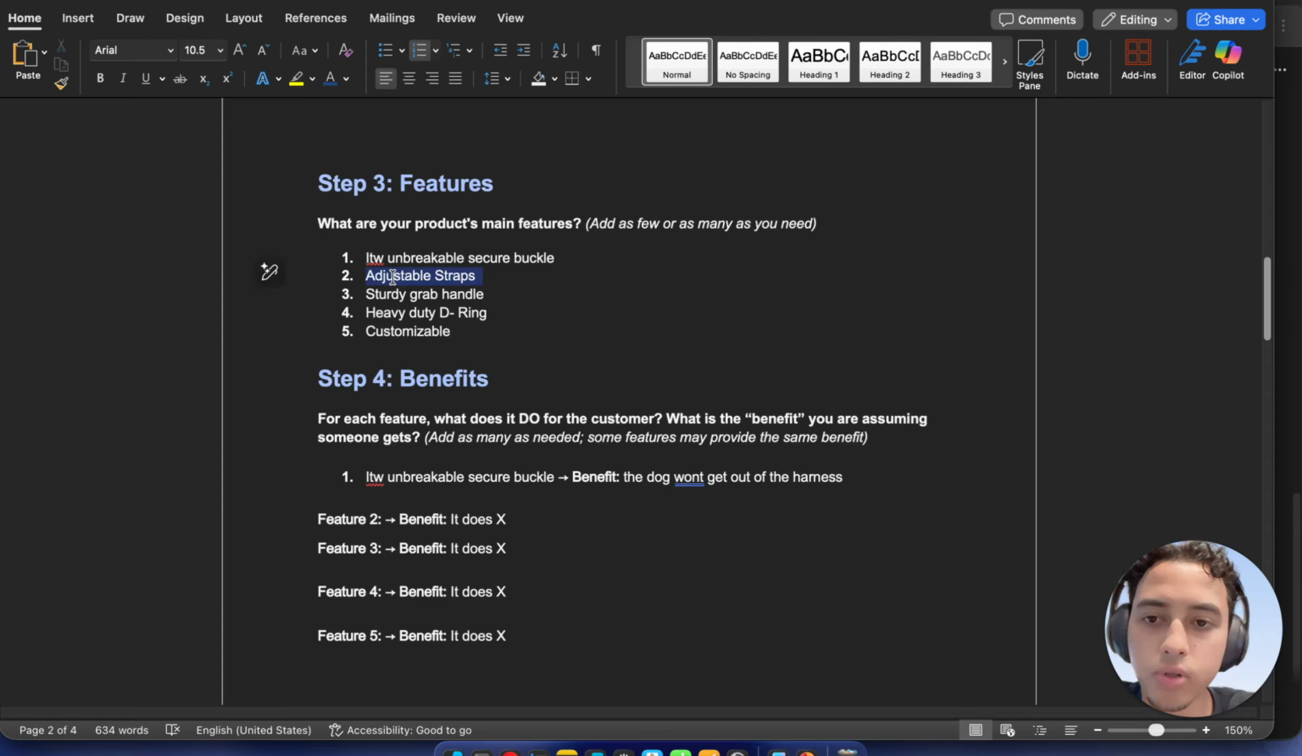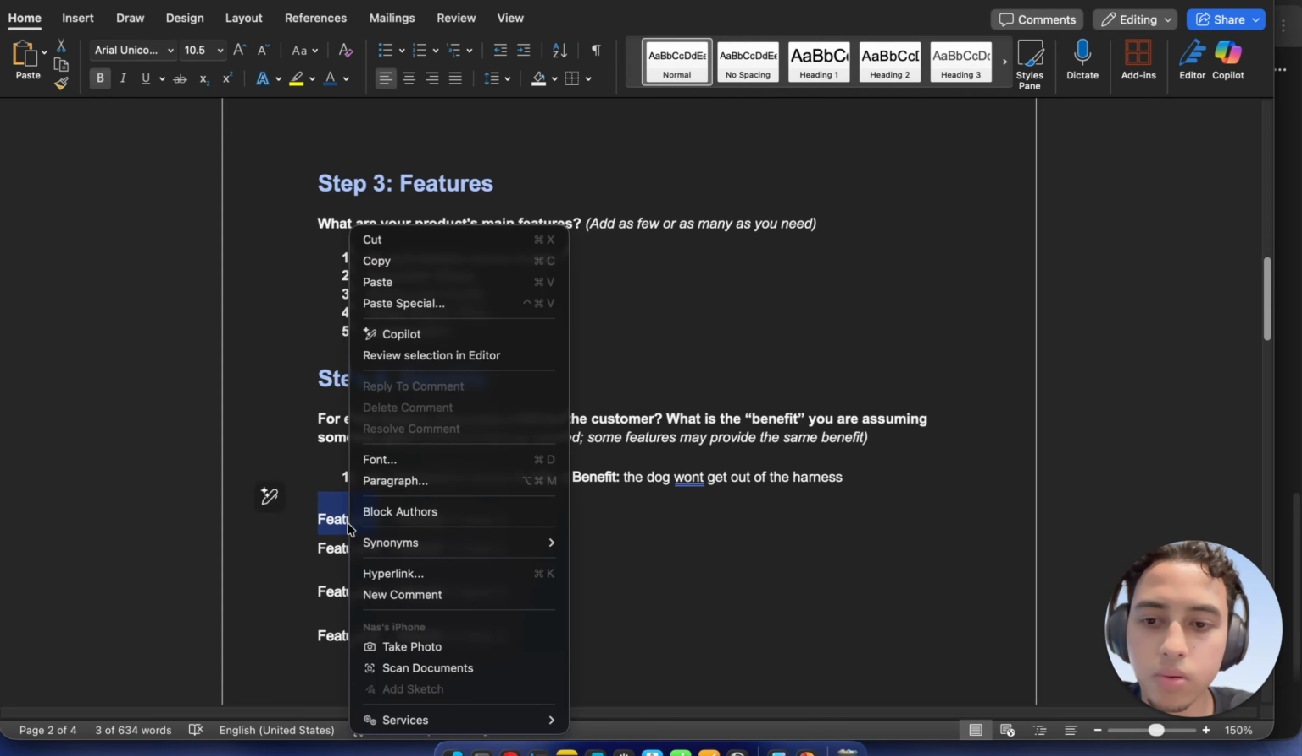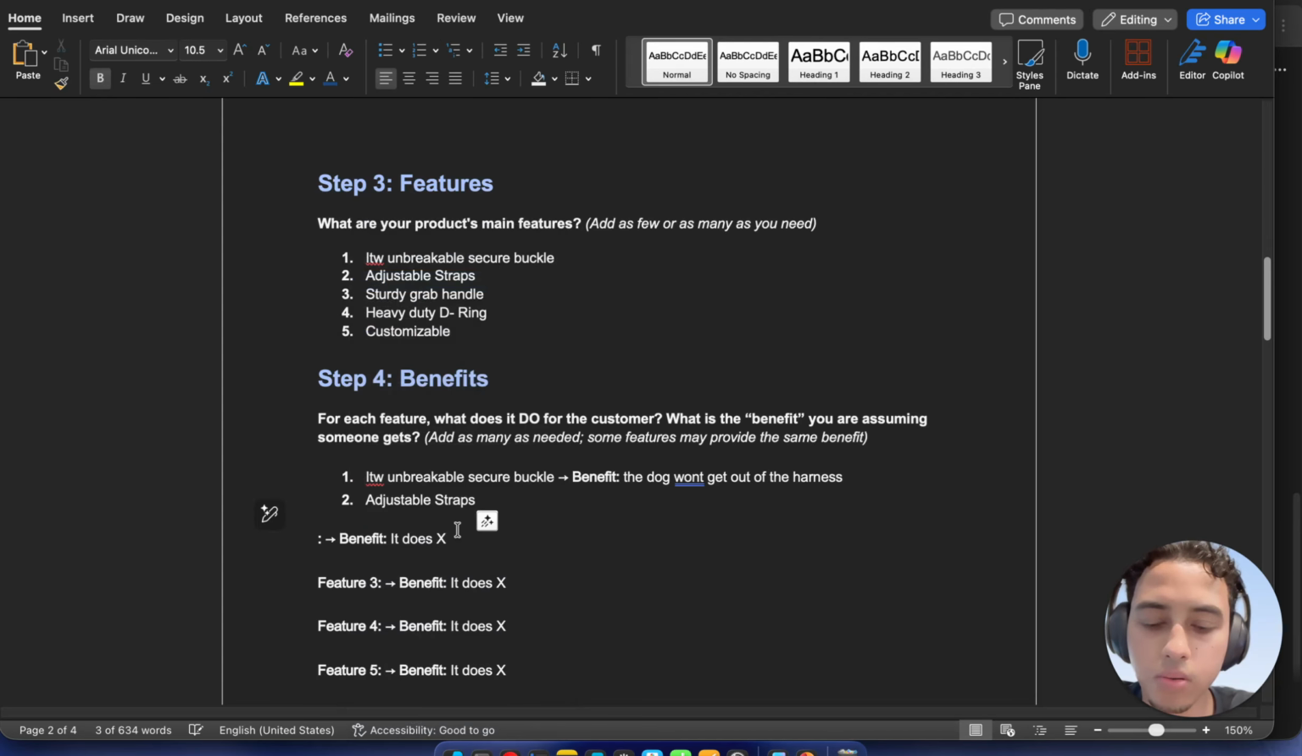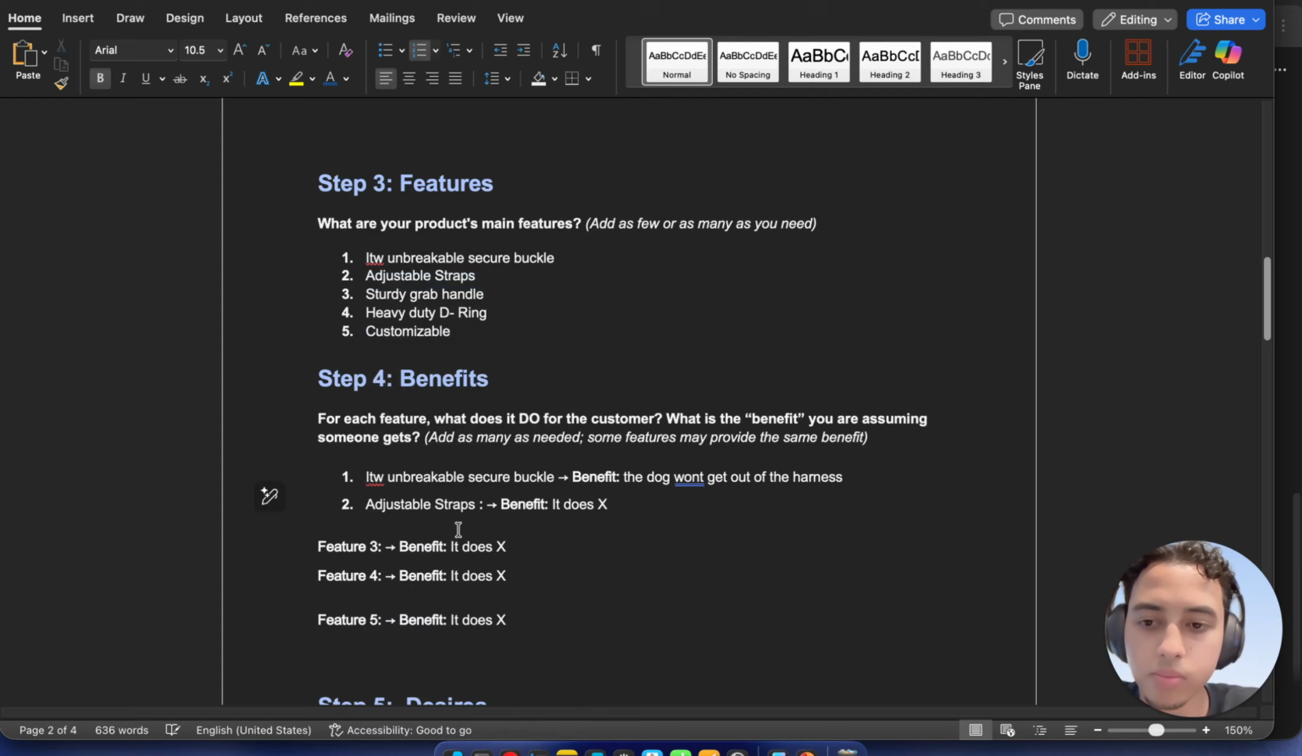Now, our second feature is adjustable straps. Then we can paste that into here. Hopefully I don't break it. All right, and then benefit. This one, we can say it helps make sure it is the perfect